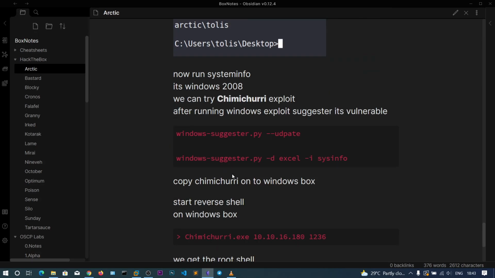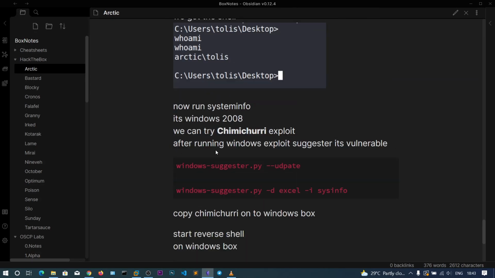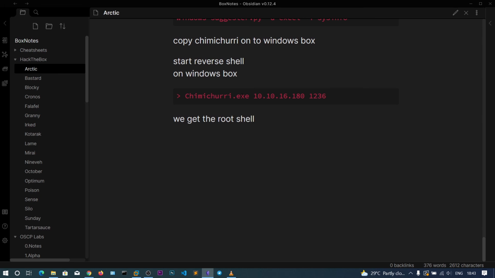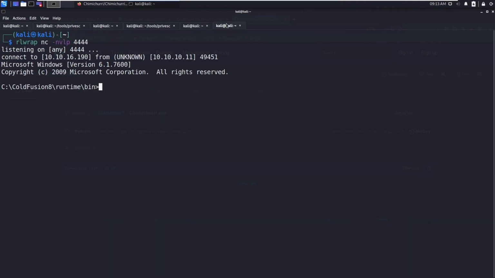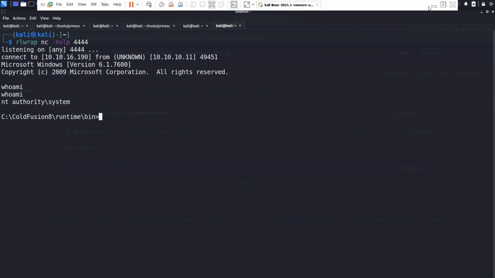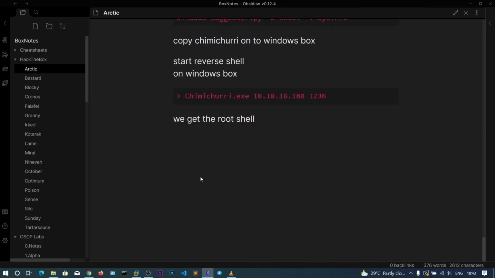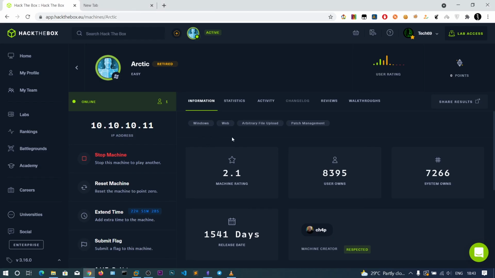This should surely work. Okay, we got the shell, so it took some time and we are SYSTEM. So guys, this web server may be a bit laggy, but you can do it. That's all for this video.